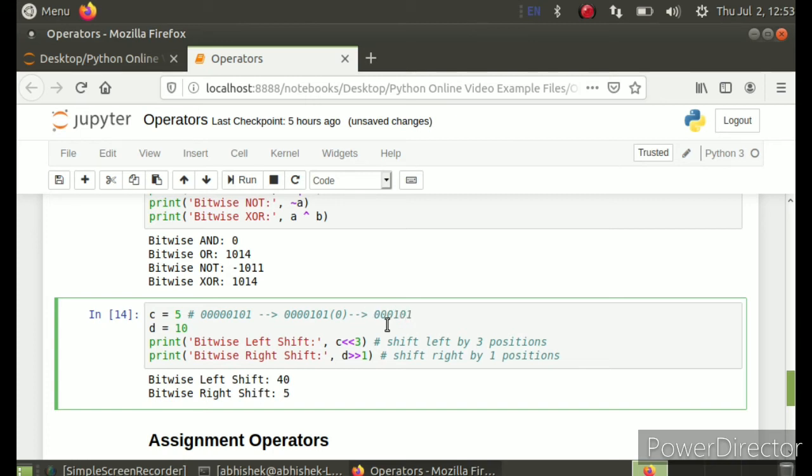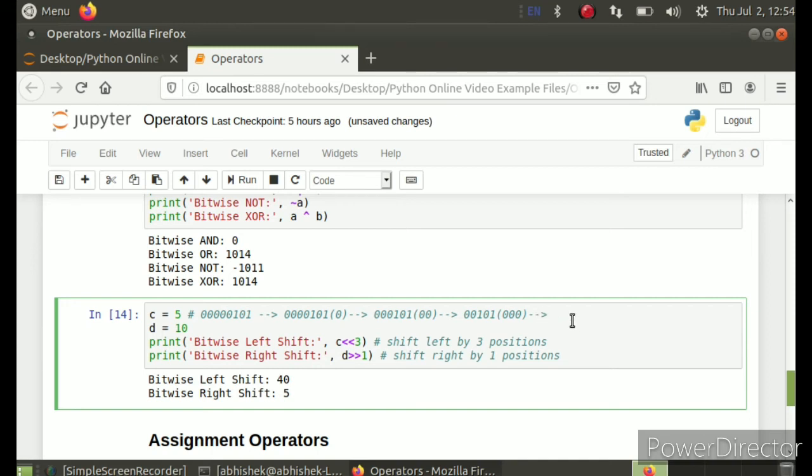Again the 0 from the left-hand side will be removed and a 0 from the right-hand side will be added. This is double zero in brackets, so two zeros have been added now: one is previous and one is new. Again I am shifting one more time. Again a 0 from the left side will be removed. It will become 00101, and two zeros have already been added.